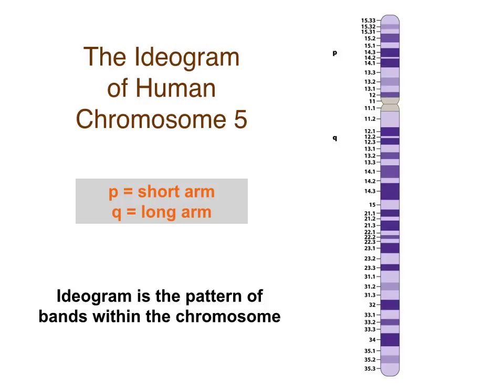The long arm, Q, I'm not sure what the Q is for, but when you're talking to another scientist, you can say, okay, at P 13.3, and you know exactly the region that you're talking about. You can say Q 21.1, you know exactly the band that we're talking about. We'll look at how that can be important later on when we begin to identify mutations and deletions and insertions and things like that. Okay, so this is an ideogram with a pattern. This is the nomenclature for identifying different regions within the chromosome.